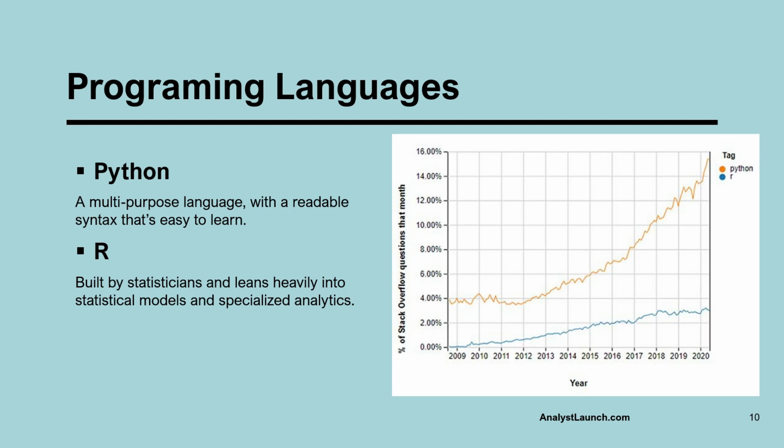So here is a graphic showing just how popular each language is. The orange line is Python, and exactly what the graph is, it's the percentage of Stack Overflow questions by year. And you can see that Python is just killing R. Just a ton more people use Python. So it just makes sense for you to learn Python. You do have other options as well, like C++ and Java. If you really want to do that, then go ahead and do it. The more you learn, the better. But I'd be learning Python first.